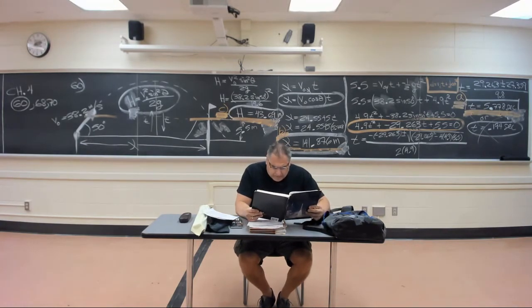Problem number 68. Frequently, a weapon must be fired at a target that is closer than the weapon's maximum range. To hit such a target, a weapon has 2 possible launch angles, one higher than 45 degrees and one lower than 45 degrees. Theta sub h and theta sub l, the way they describe it in the book. Although the displacement of the projectile is the same for the 2 angles, a projectile launched at theta sub h has a longer flight time and a higher peak position than one launched at theta sub l. Usually some tactical situation